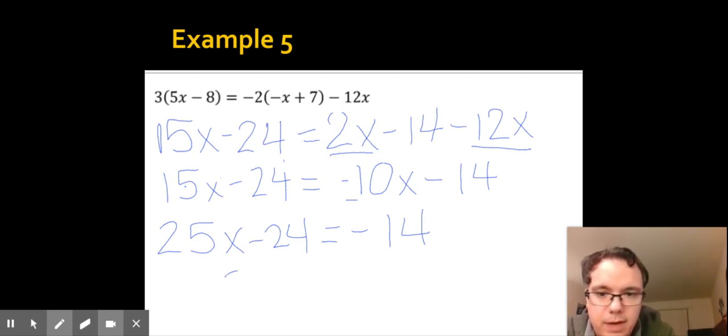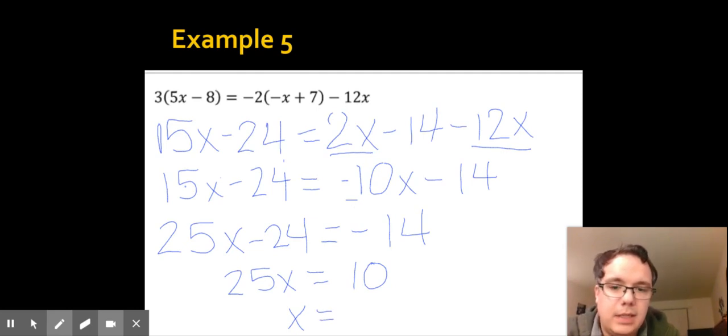So I'm going to get 25x equals, and then negative 14 plus 24 is 10. And I'm going to divide both sides by 25. And 10 divided by 25 would be 2/5 or 0.4, however you want to